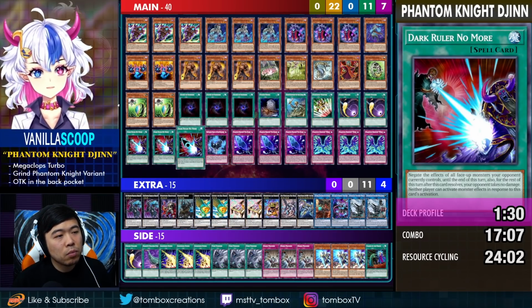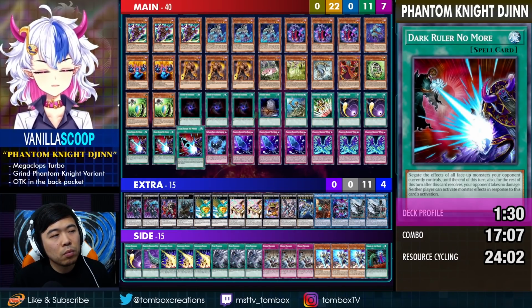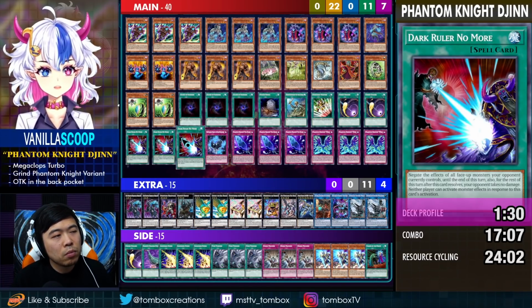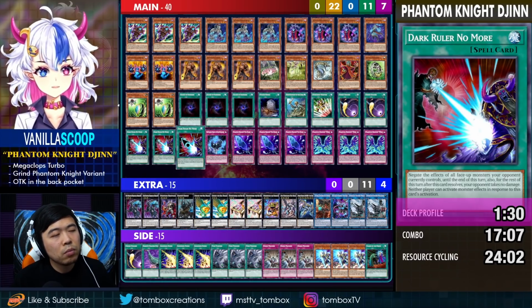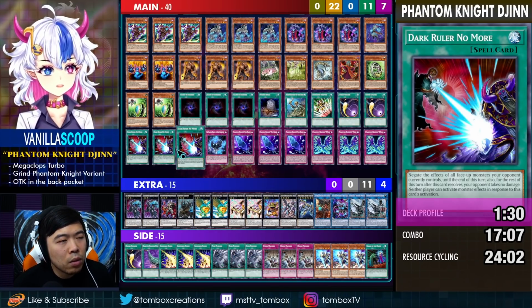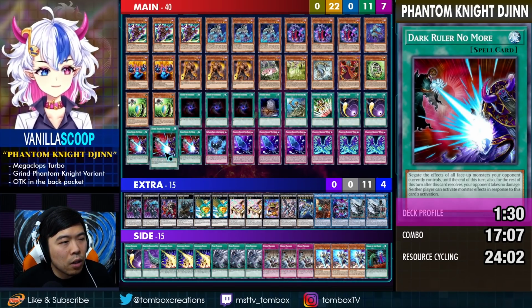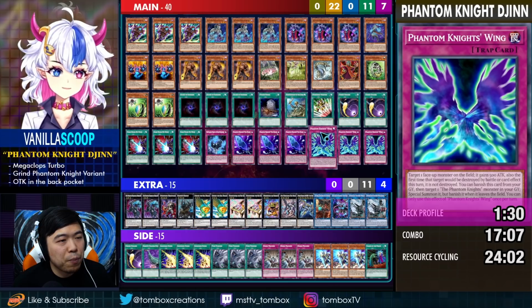So worst case scenario, you go first and you draw a Dark Ruler. You're not trying to draw a Dark Ruler, but just being able to set it and get it out of your hand, or even just, again, worst case scenario, discard it with Torn Scale just to empty out your hand in any way possible, just get his effects off. Okay. All right. And then we have one of the Phantom Knight's Shade Brigandine, triple Fogblade, and a very, very